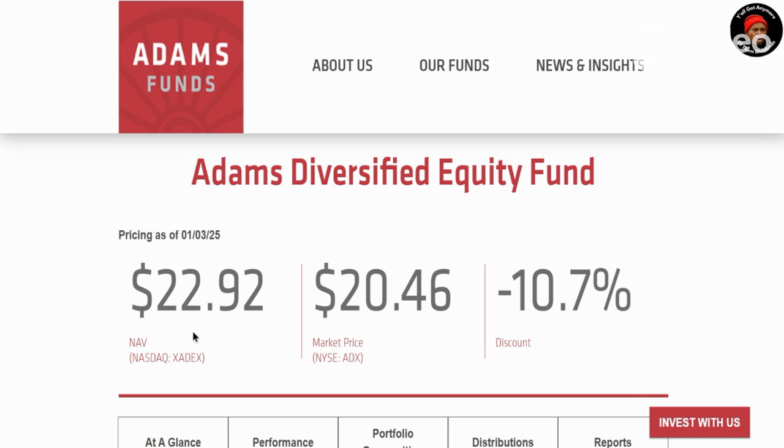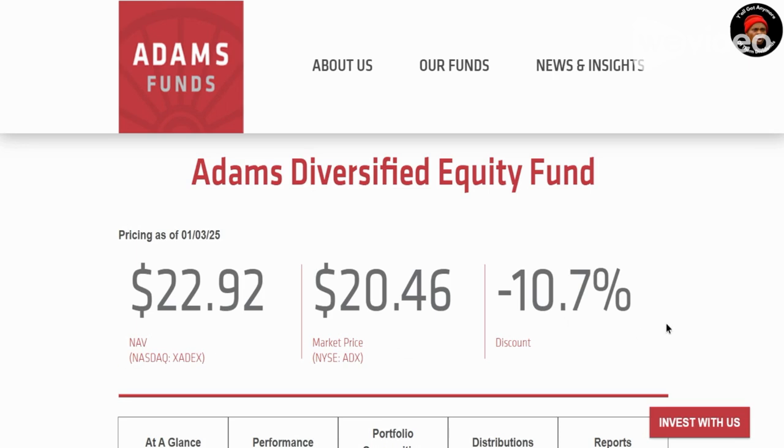If I'm not mistaken, I read that ADX had a 10% annual dividend yield for the year 2024. So in my mind originally I would be thinking that, okay, if I bought it at a 10% discount and got a 10% yield on my dividends, that means I have a 20% total return for the year in the fund. That is one way that you can think of it, but you have to also keep in mind